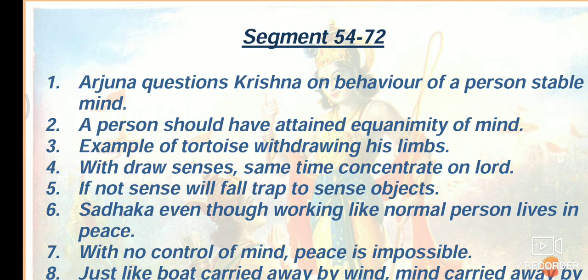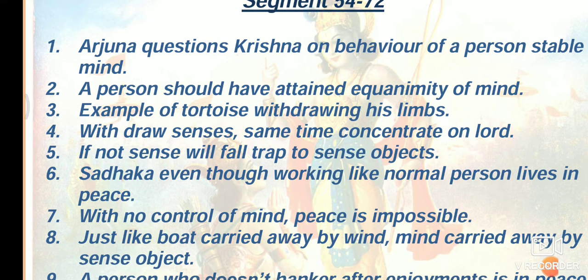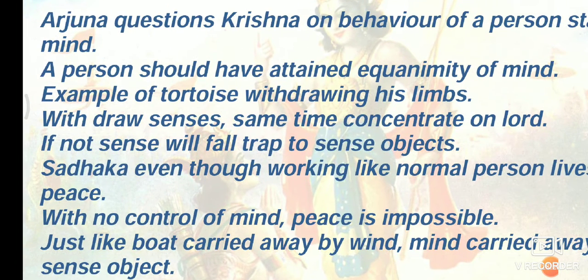So these things are questioned by Arjuna. Then answering to that, again Krishna starts that a person should have attained equanimity of mind. So that's again repetition, but Krishna will be giving various other terminologies to it. Then he explains that a person to attain that equanimity has to withdraw his